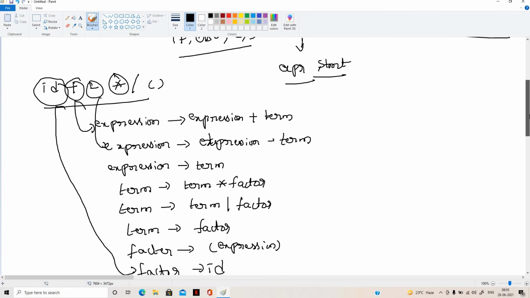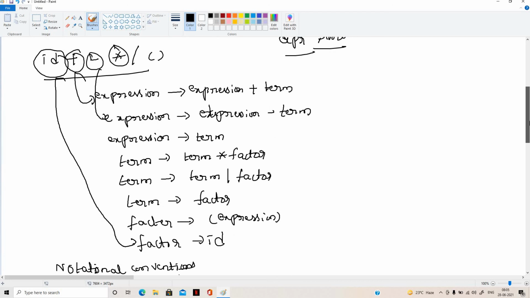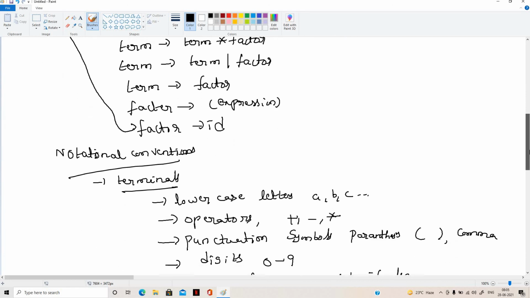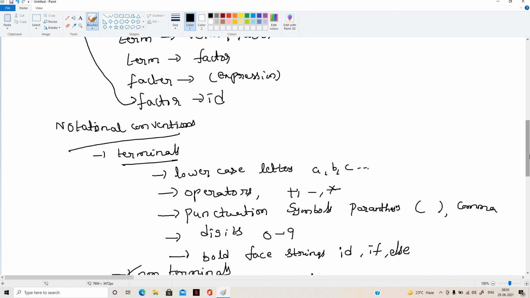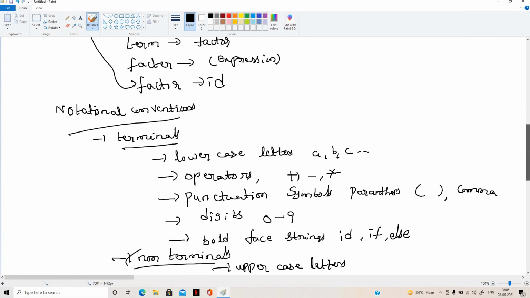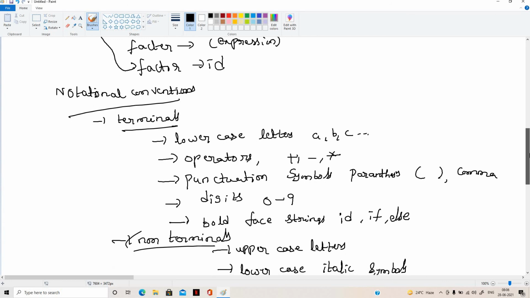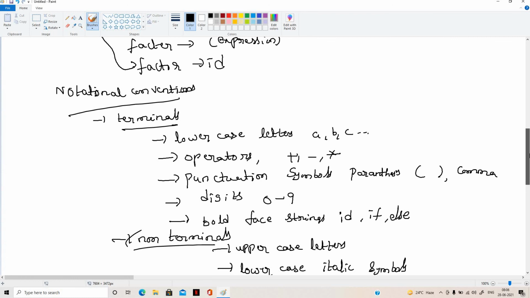For these we defined some grammar and notational conventions, meaning what we call terminals and what we call non-terminals. Lowercase letters are terminals, and operators are also terminals. Punctuation symbols, parentheses, commas are also called terminals, and digits are also terminals.